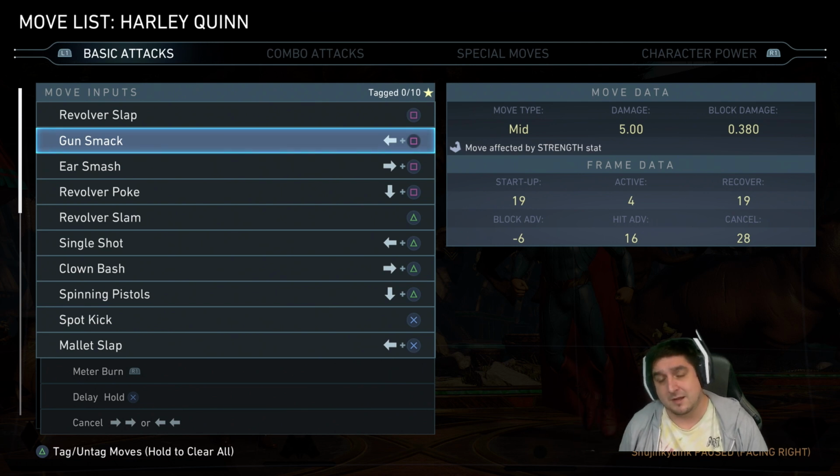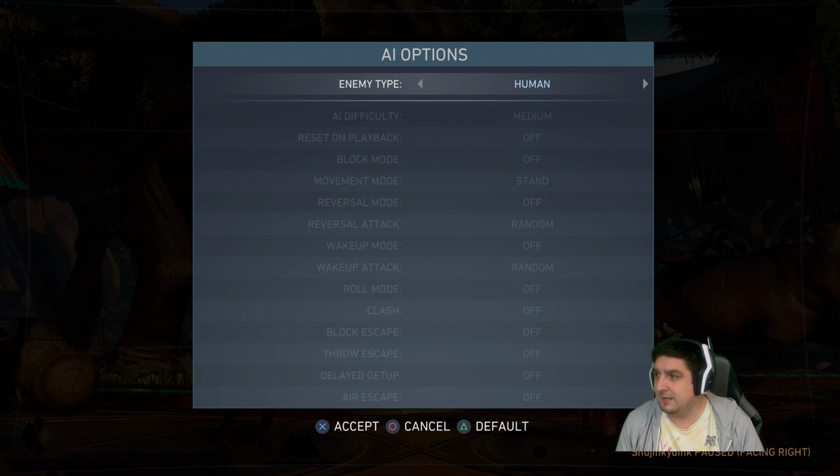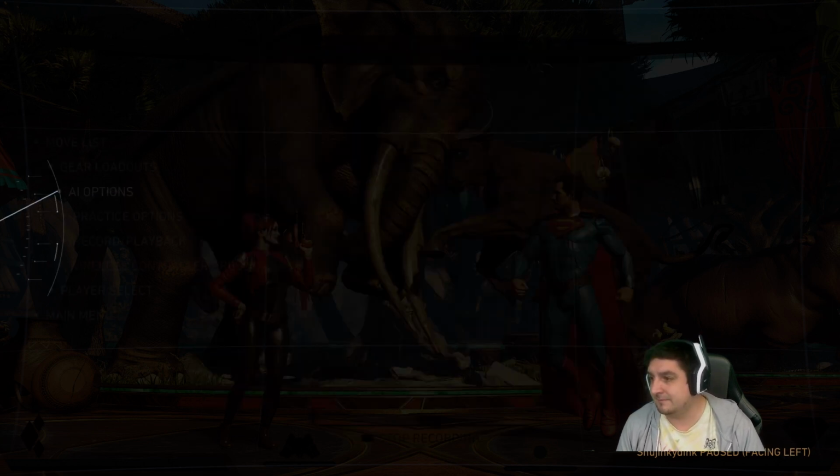You're hitting them. It's called a punish or a counter. I believe they call it counters in this game. In MK11, I think they switched to punishes, but either way, they can't block. There's nothing they can do about it. They've committed to doing that unsafe move, and you're going to punish them. So we're going to record Mr. Superman here. Go to AI options. AI, human, record. We're going to record Superman doing that move,